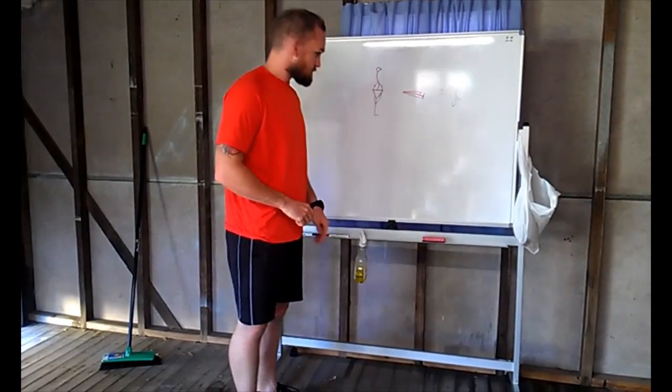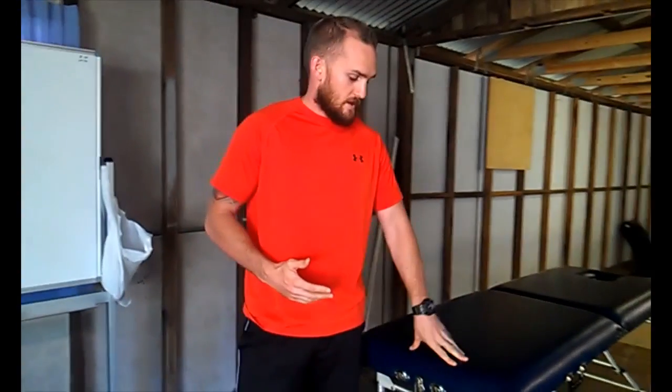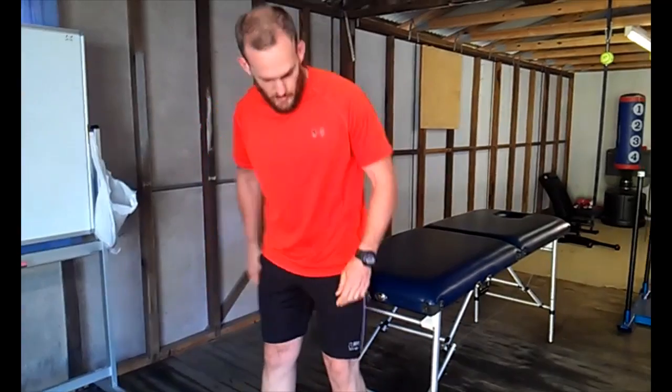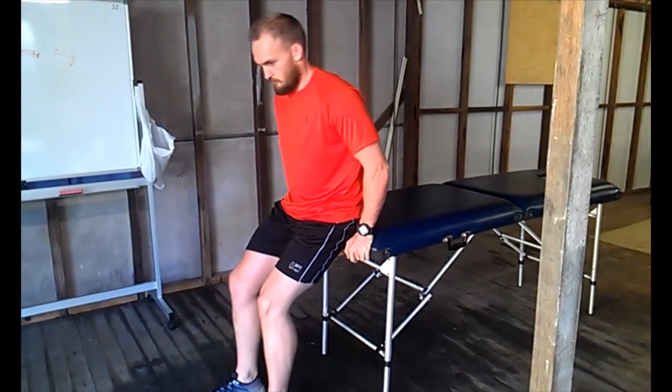So how can we assess that? Just going to do a basic, it's called a modified Thomas test. It's easy to have someone to assess you, or if you get someone like a mate or a gym buddy, they can help you with it as well. So just put our backside just on the edge of the table, just on the edge, and bringing both knees in. So it's easy to have someone to assist you on the back,